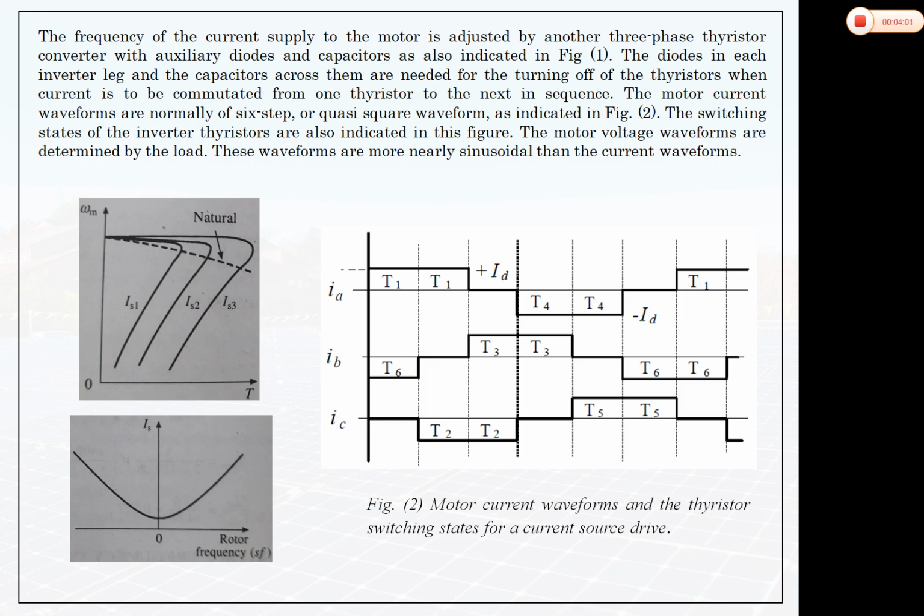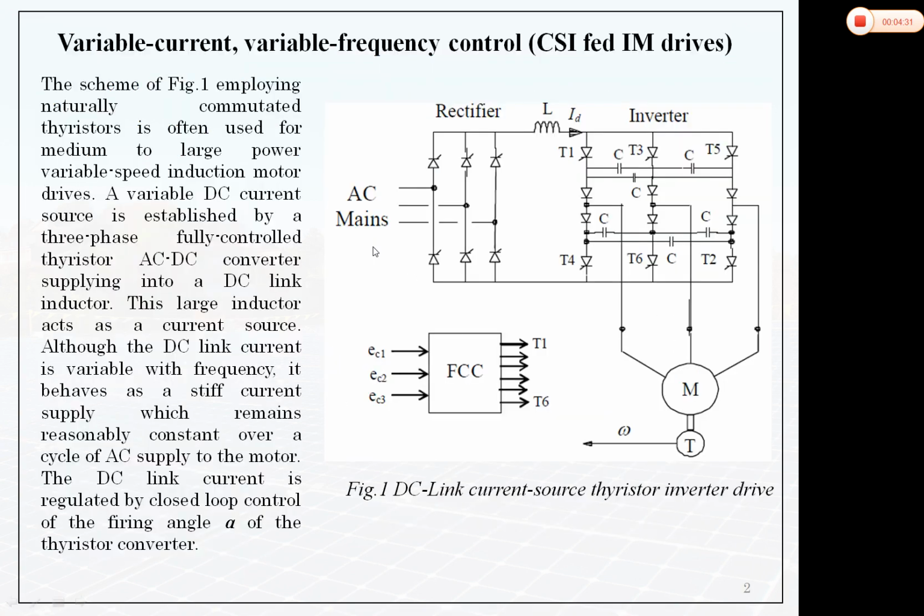Also if we are running the machine below rated flux, then the magnetic materials will remain unutilized, so an underutilized machine will be there. That is also not recommended, so we have to always keep flux constant, that is at the knee point of the BH curve, and we have to regulate current and frequency in such a way that flux remains constant. So here you can see that if I take this IA current, this IB current, and this IC current,